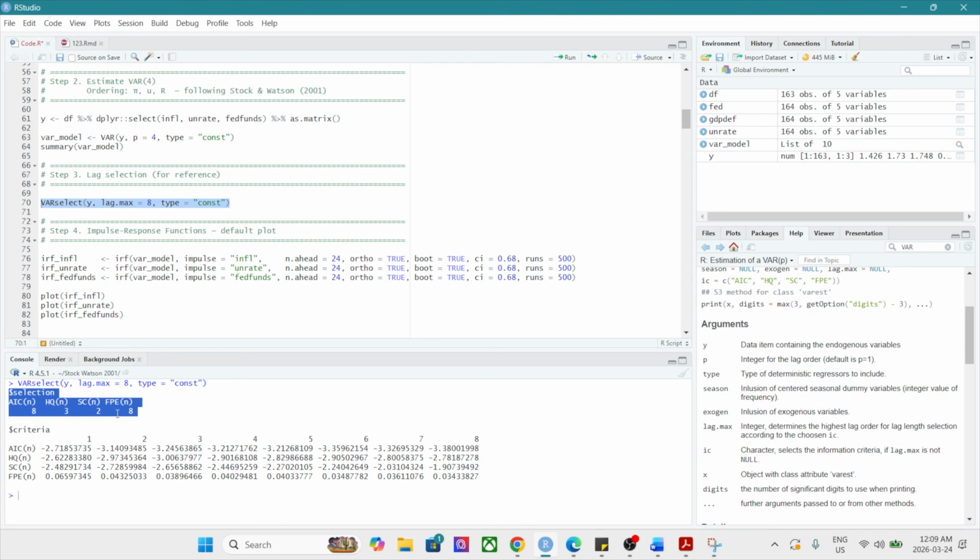Each of these criteria balances model fit and complexity, but they often tend to suggest different lag lengths. As we can see, one is suggesting 8, another one 3, another one 2, and another one 8. There's no single correct number of lags. A common rule of thumb would be to look for consistency across criteria. That is, if we have many criteria that are suggesting a specific number of lags, we should be using that